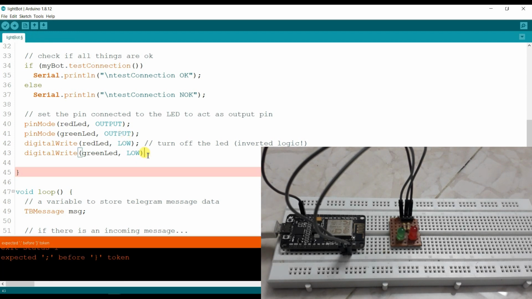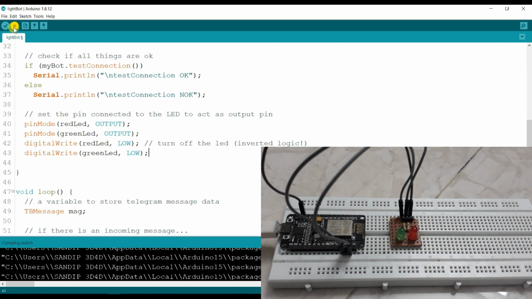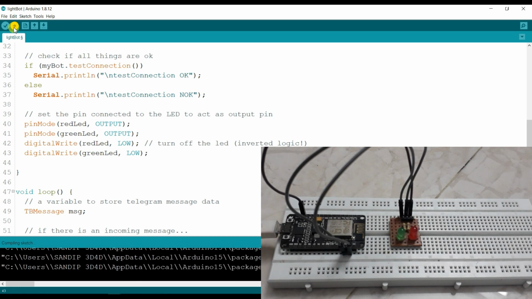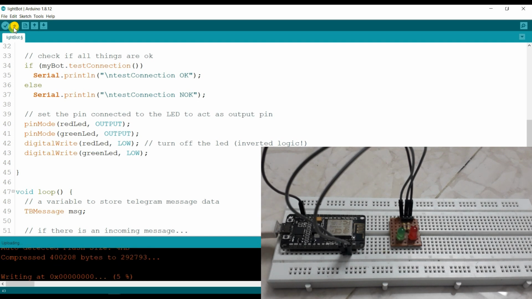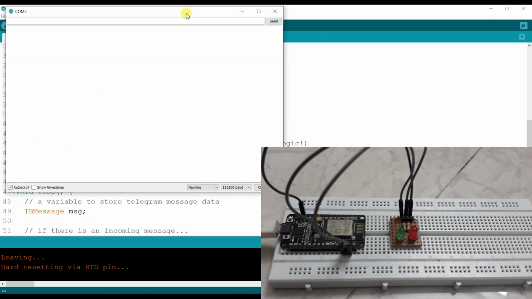Again upload. Okay, compiling done. Now I will open serial monitor and I will press reset button.